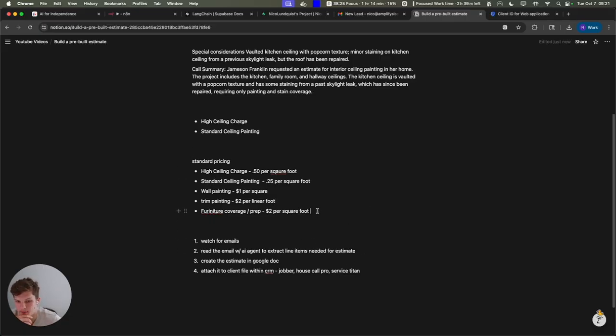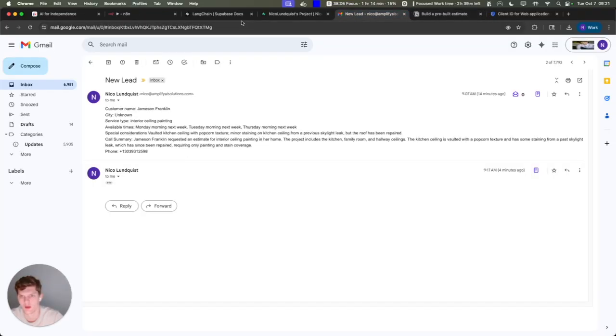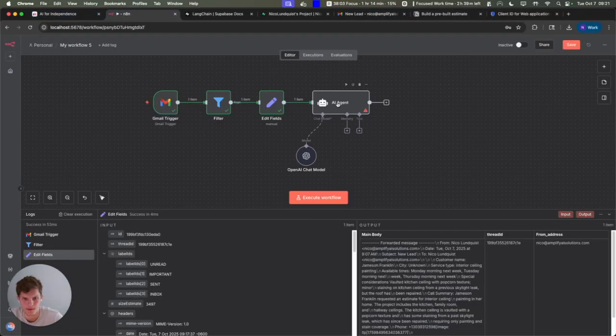What line items are we going to go into this, because we don't know what the quantity is yet, because we're going to go out to the job. So here what we'll do is determine what they are. So in this case, obviously for a painting company, you're probably gonna have more than this. This is just interior, but it's gonna work great for this case. So we'll take this and we'll come over here to our AI agent,